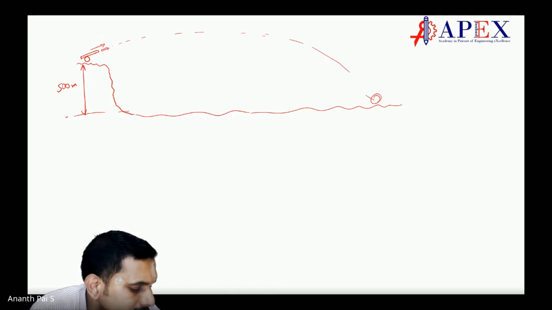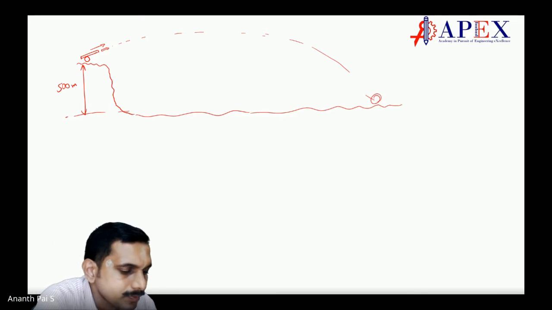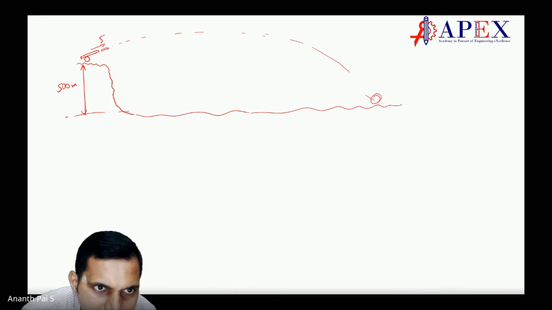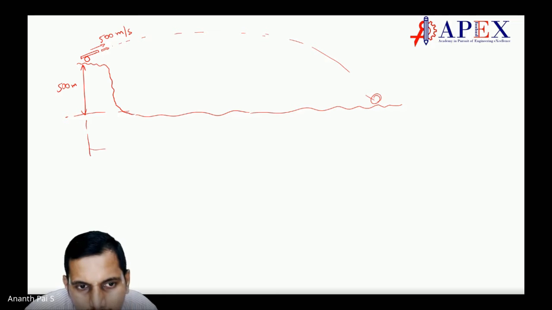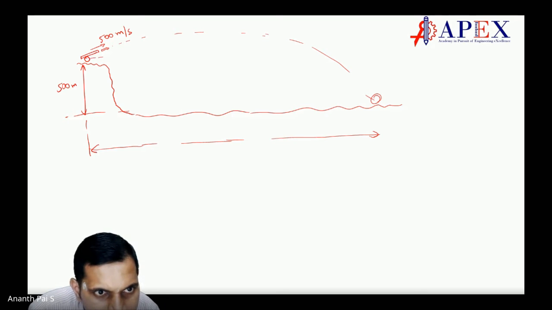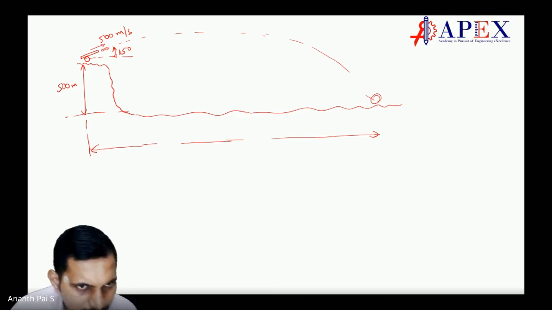Let me take one second, students, to decide on what the numbers should be, because they should be realistic, is it not? The realistic numbers are, yeah, 500 meters per second. Let it be 500 meters per second, at a height of 500 meters. Now tell me what is the distance it will go if this angle is 15 degrees. Make sense? This angle is 15 degrees. How far it will reach is the question. So how can we do that?